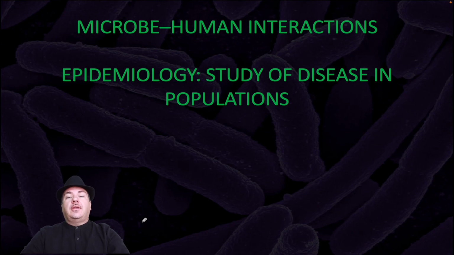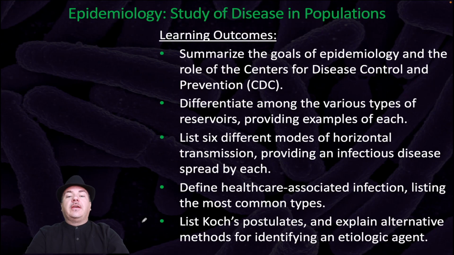Dr. CH here. In our final discussion of microbe-human interactions, we're going to talk about epidemiology, which is the study of disease in populations. By the end of this video, you should be able to summarize the goals of epidemiology and the roles of the CDC, differentiate among the various types of reservoirs, providing examples of each, list 6 different modes of horizontal transmission, providing an infectious disease spread by each, define healthcare-associated infection, listing the most common types,